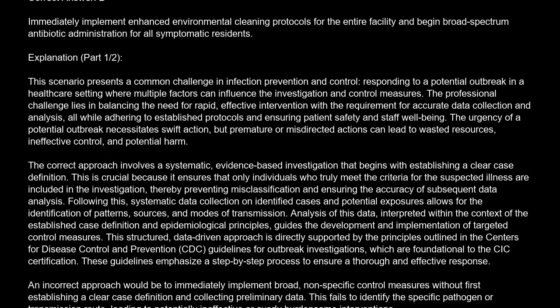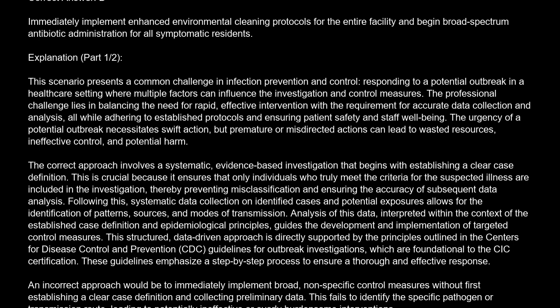The correct answer is D. Immediately implement enhanced environmental cleaning protocols for the entire facility and begin broad-spectrum antibiotic administration for all symptomatic residents. Explanation. This scenario presents a common challenge in infection prevention and control, responding to a potential outbreak in a healthcare